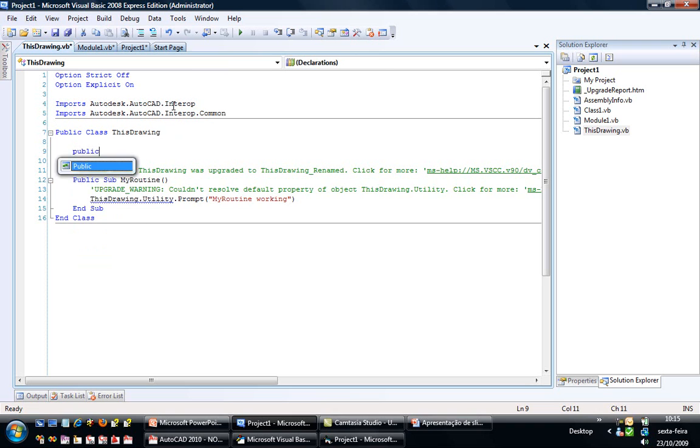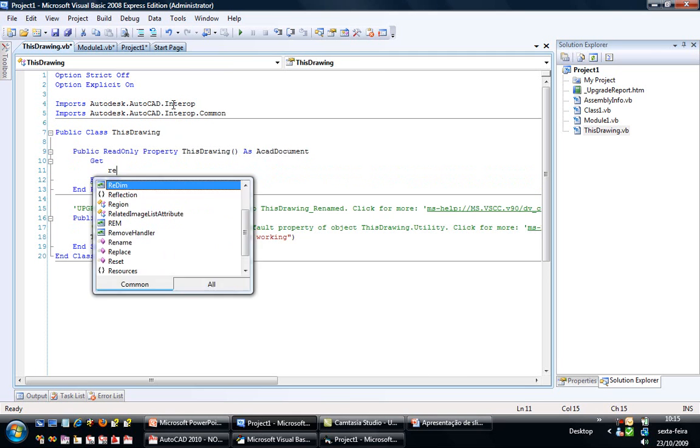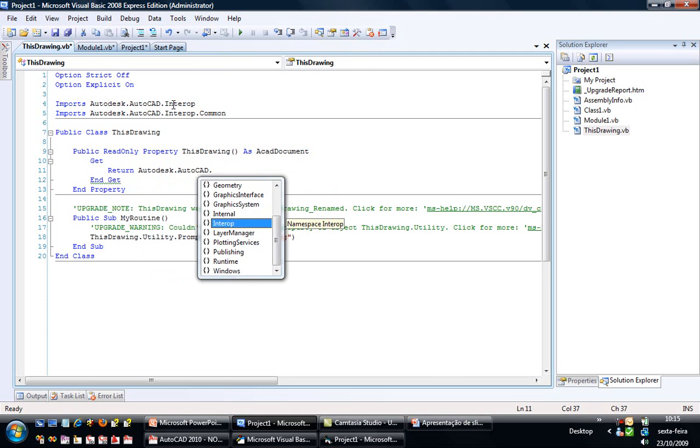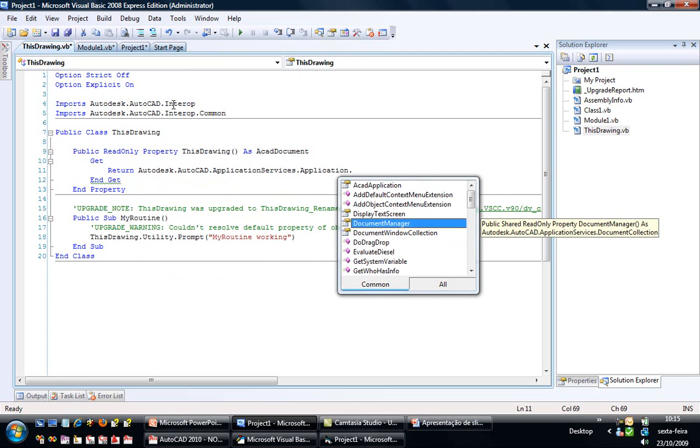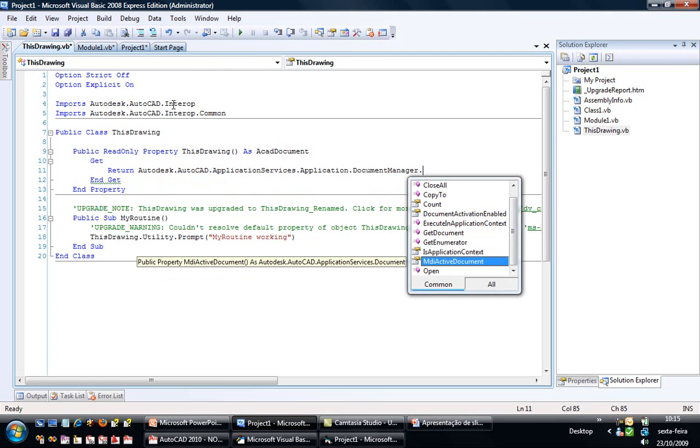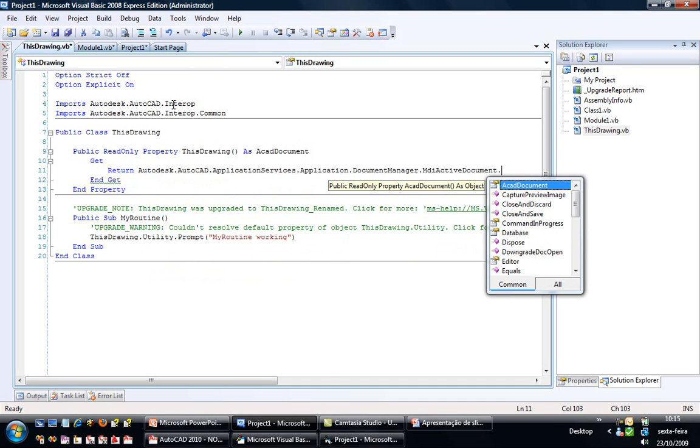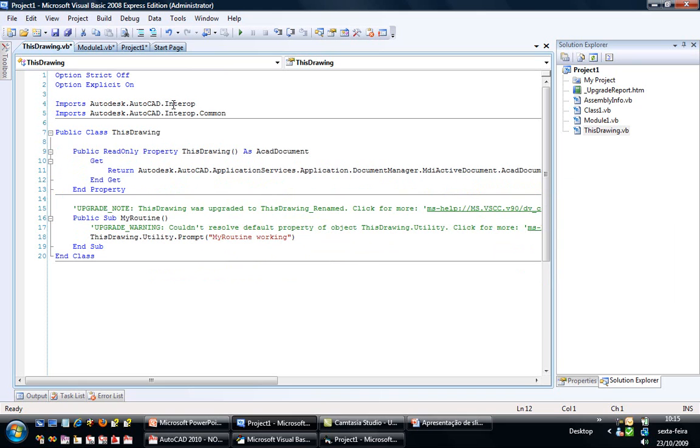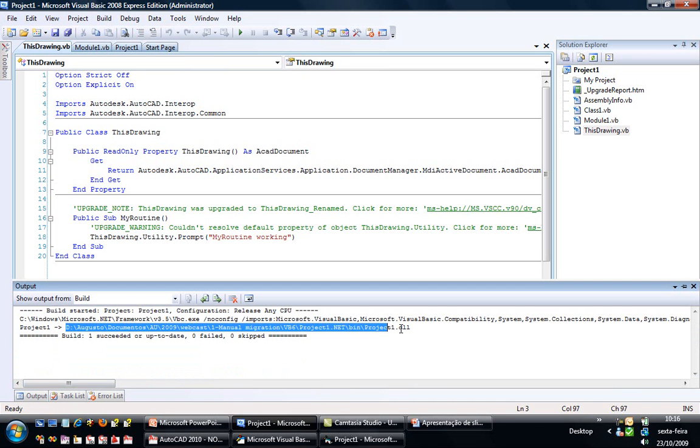So using Public ReadOnly Property ThisDrawing As AcadDocument, which will return Autodesk.AutoCAD.ApplicationServices.Application.DocumentManager.MdiActiveDocument.AcadDocument. Okay. Now our code, our VBA code migrated to VB.NET, is ready to work. Let's just build, and let's copy the address here